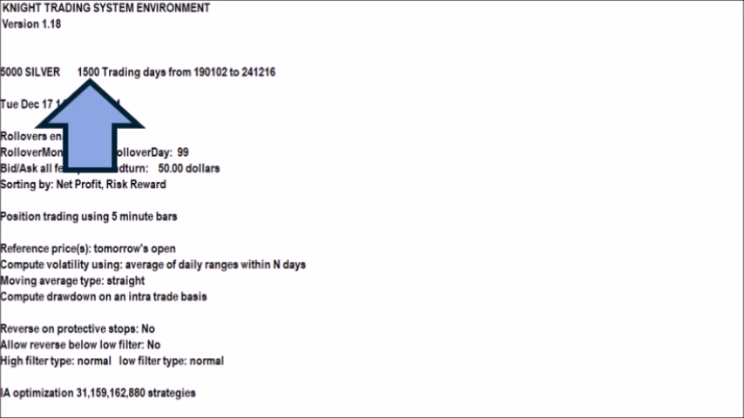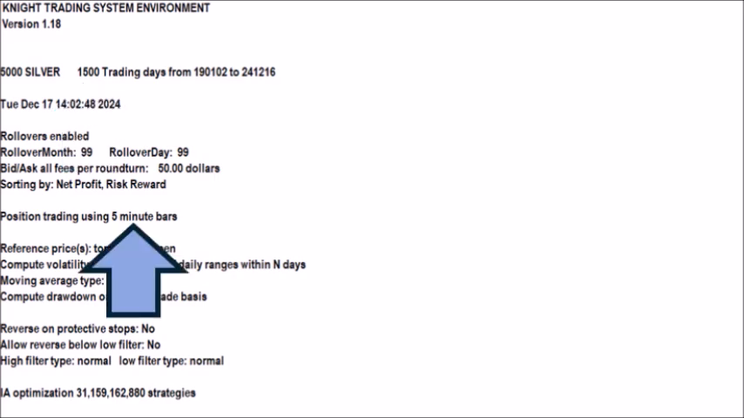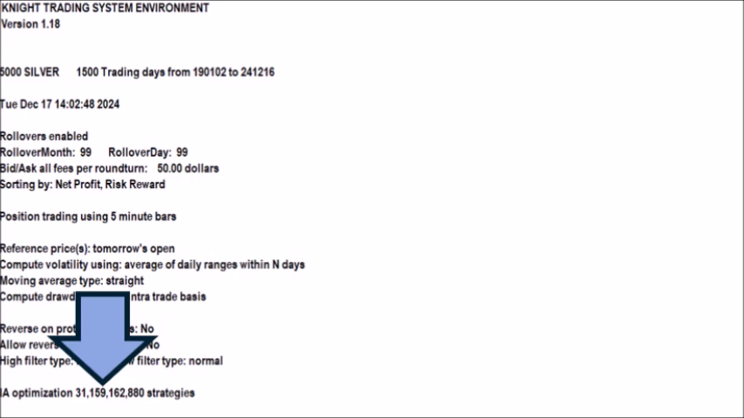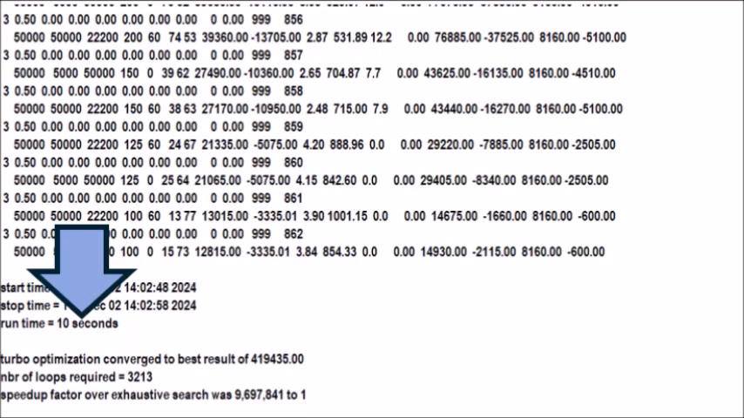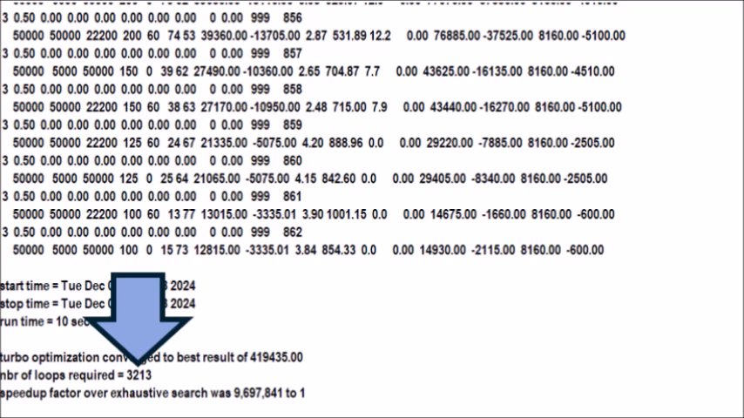In this example, we're using 1,500 trading days of 5-minute bars and running more than 31 billion possible combinations of the objective trading parameters. And this 31 billion possible combinations is just one of the 4,800 execution files. Because of the algorithms, each of the 4,800 files takes an average of only 10 seconds to run, requiring an average of only